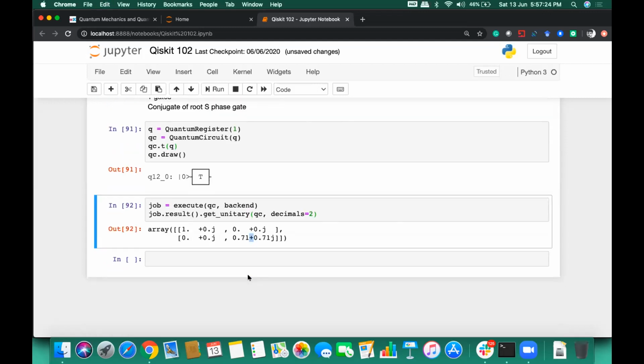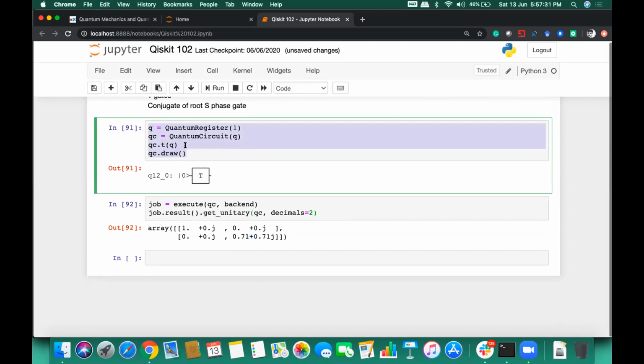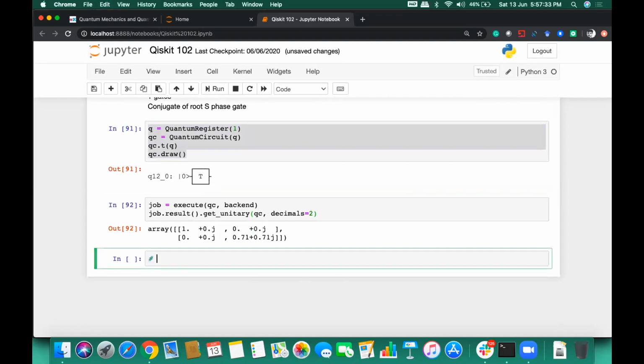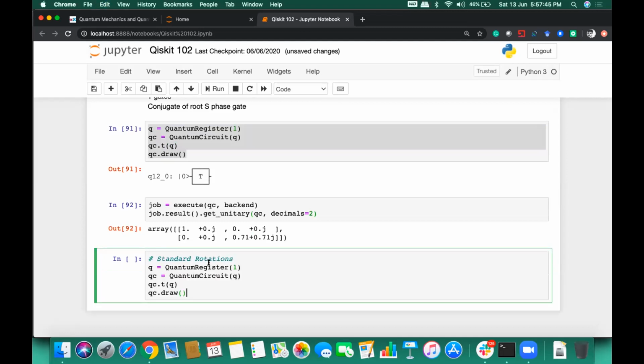Then we have several other operations as well, like standard rotations. Let me show you a sample of a standard rotation, given the time. If we have to do standard rotations on the qubits which we have initialized, we can create a qubit with 0, create a circuit, then call the RX method, which is used for rotating. Pass the value with which you want to rotate the phase.